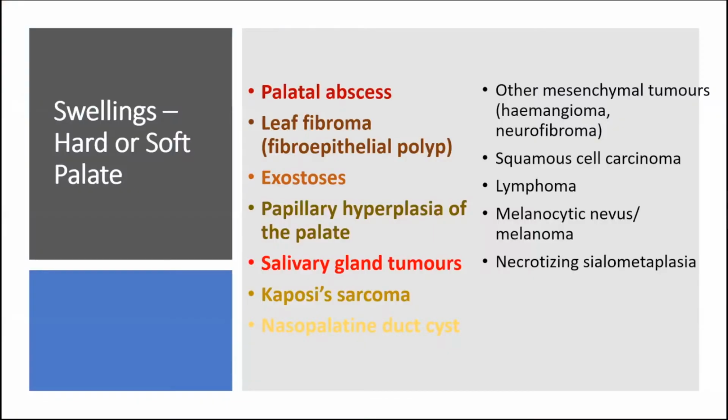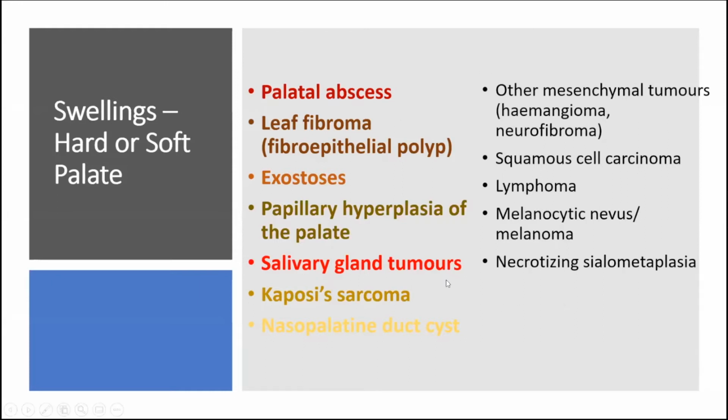So if we proceed to the palate, hard or soft, the most common swelling is a palatal abscess, followed by, again, fibroepithelial polyp, which usually is called the lip fibroma when it's located there, followed by exostosis, which from all the things that we've mentioned so far, is a bony protrusion, so hard tissue rather than a soft tissue mass, okay? Followed by papillary hyperplasia of the palate, salivary gland tumors, Kaposi's sarcoma, nasopalatine duct cyst, and all the rest are